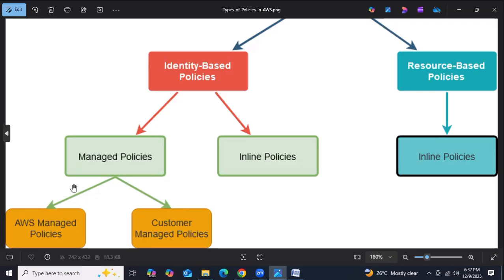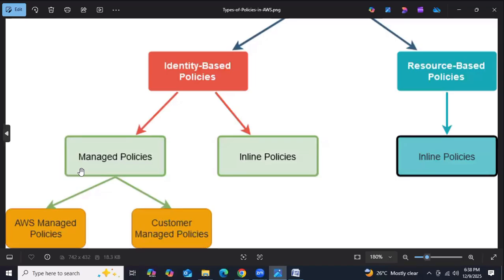In the same way, coming to AWS, we have AWS managed policies. For example, for EC2, we have a read-only policy and a full-access policy. Apart from that, we don't have any other policy. For example, in EC2, I need to launch an instance but should not delete the instance. We don't have a policy like that.